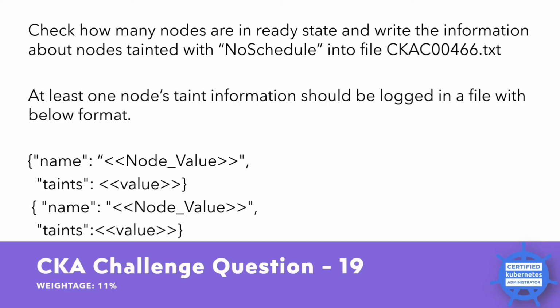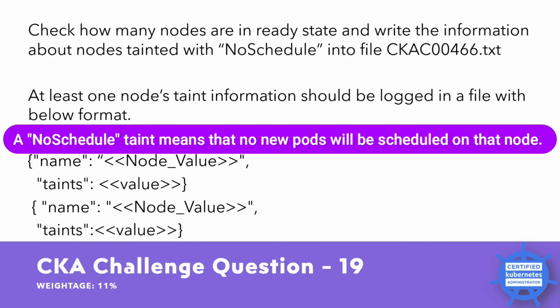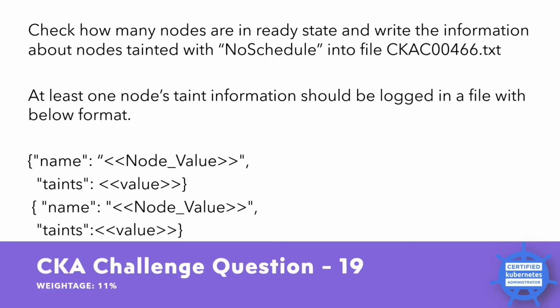Write information about nodes tainted with no schedule into a file. A taint is a Kubernetes feature that allows you to mark nodes as unsuitable for running certain workloads. A no schedule taint means that no new pod will be scheduled on that node. In this task, you need to identify all nodes that have this taint and log information about them into a file. The file should be named CKA